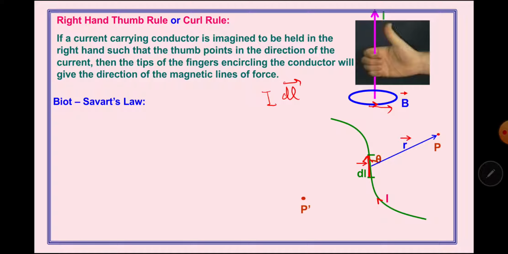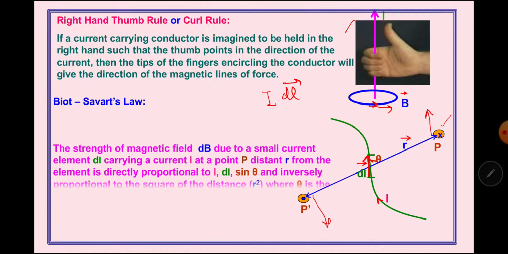Similarly, we can consider the point of observation on the other side. Then the direction of the field will be reversed. We can find the direction of the field just as we use the right hand thumb rule here. If we hold the conductor in our right hand, the current flows along the thumb and the magnetic field lines are as shown. In this direction the field will be perpendicular inward, represented by a cross. If we consider the point of observation to be here, the field lines come outward at this point. The field will be perpendicular outward, represented by a dot. However, the strength of the field will remain the same as long as the distance does not change.